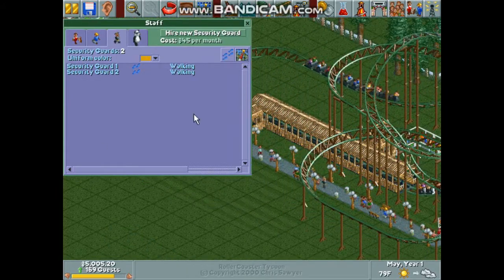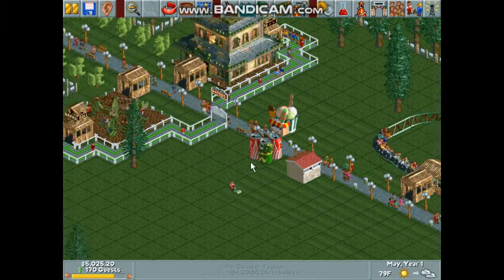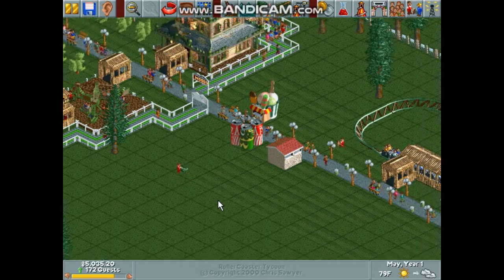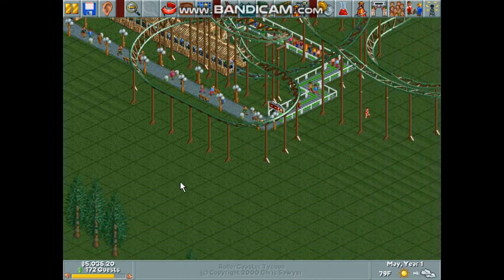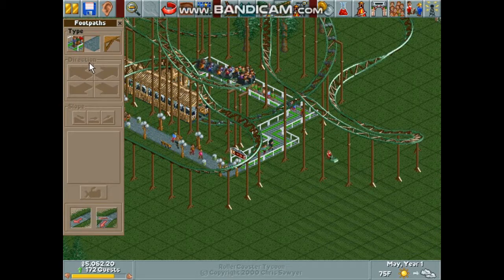So we just put in our security guard. That way, if we have unhappy guests, they won't break our lamps, benches, and trash cans. And, oh, I wish I could mow that fast. I'd be so happy. So what we're going to do now is we're actually going to add in a second